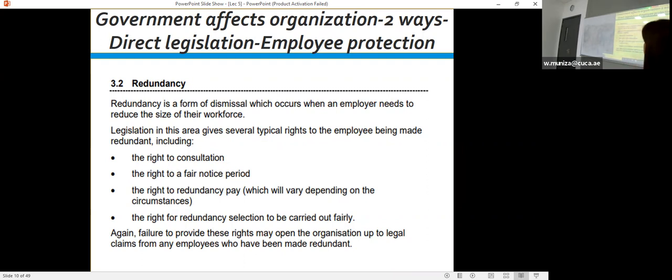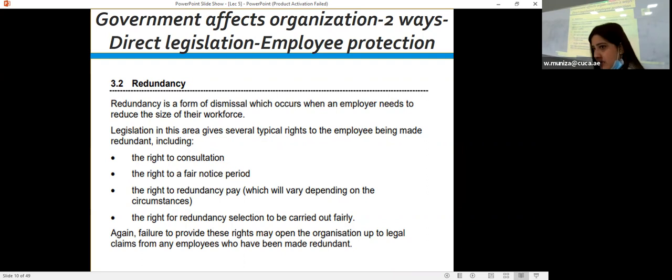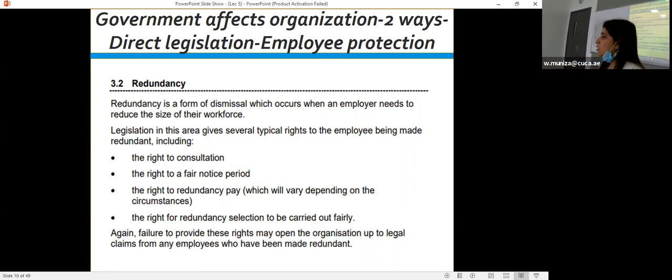Legislation in this area gives several typical rights to the employee being made redundant. So the employee who is going to be made redundant does have certain rights which have to be given to that individual. In the time period of the pandemic, you might have seen that a lot of very big organizations made their employees redundant. And I have seen so many organizations giving the employees 3 months' salary also, because the employees were being made redundant. And when redundancy is carried out, sometimes even the notice period is not served. So in that case, the labor departments of the country do protect the rights of the employees. So legislation in this area gives several typical rights to the employee being made redundant, including the right to